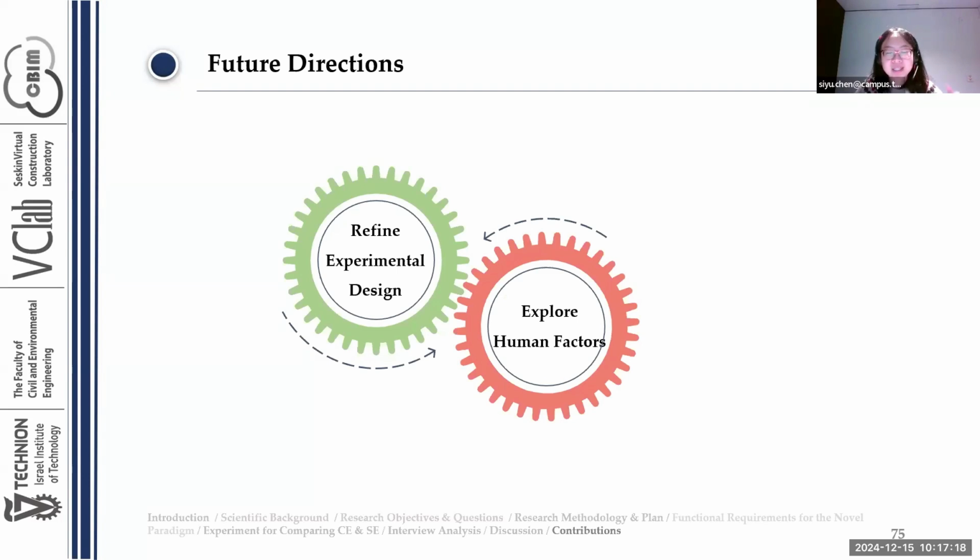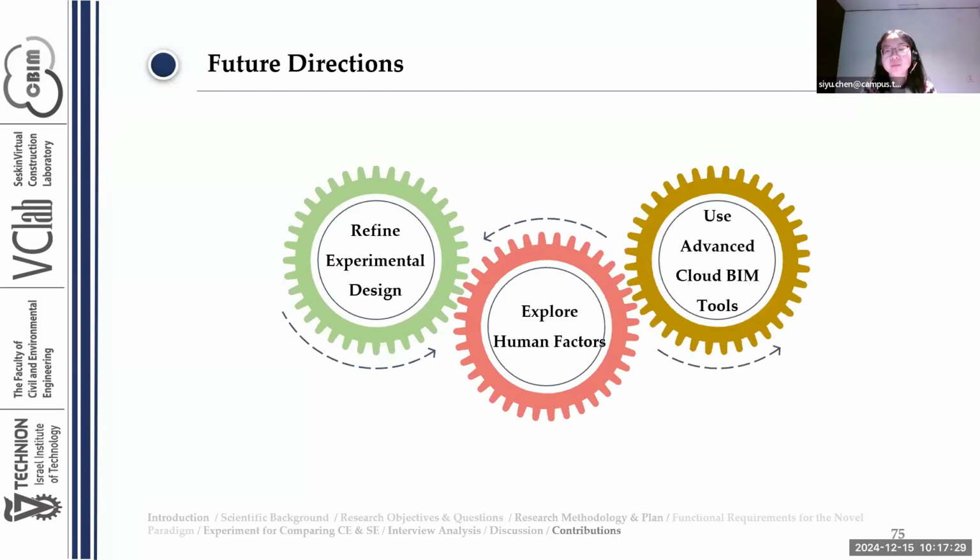Although we touched a bit on this aspect, more research is still needed on collaborative behaviors and course design in the future. And it is important to use advanced cloud BIM tools in future research to make sure the research aligns with industry standards and emerging technological capabilities, and ensure the research is relevant and effective